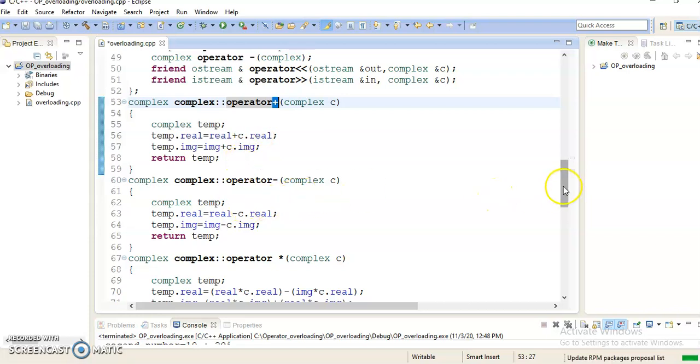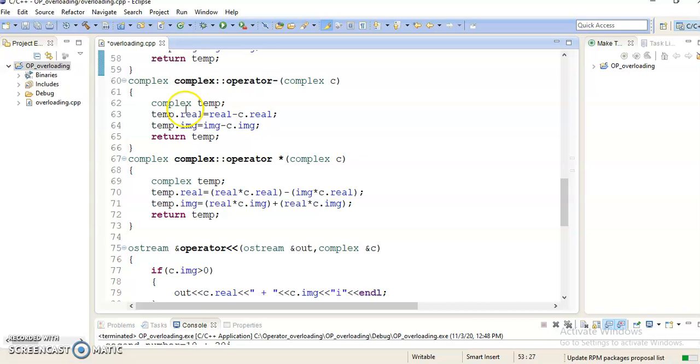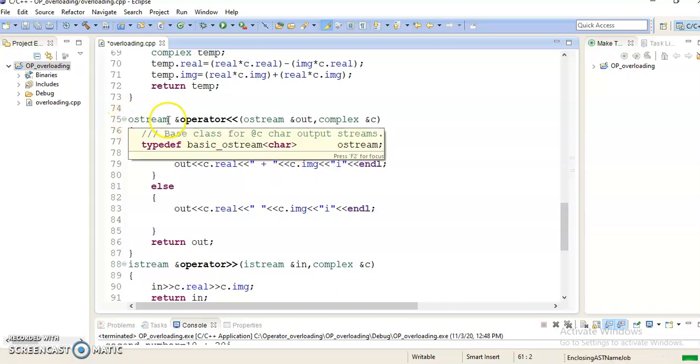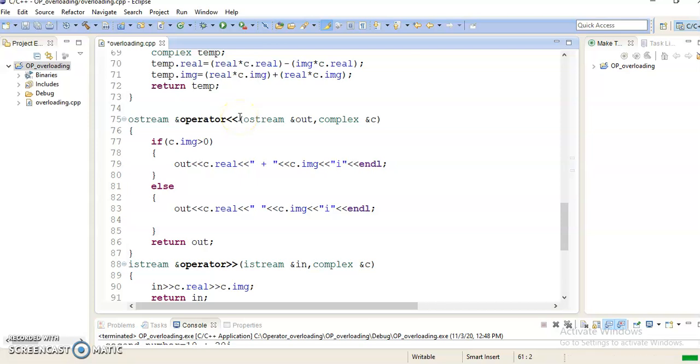So next, in the same way we have defined the function for the subtraction. We have overloaded the subtraction operator, and here we are overloading the multiplication operator. So this is the code for your multiplication operator. Now here we have overloaded the